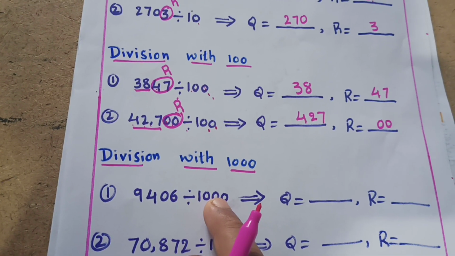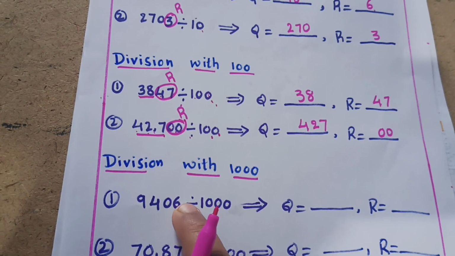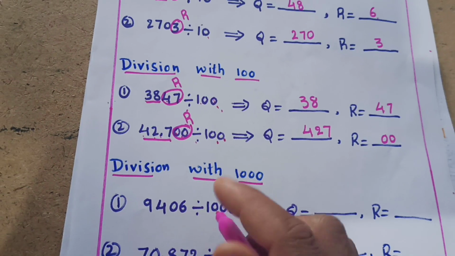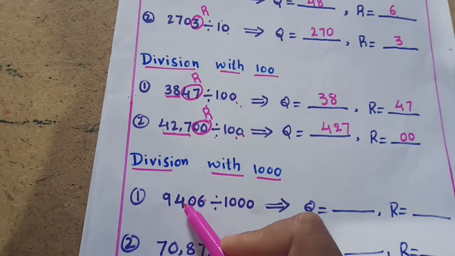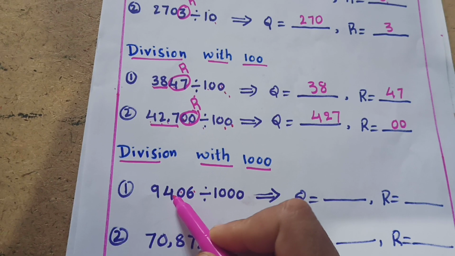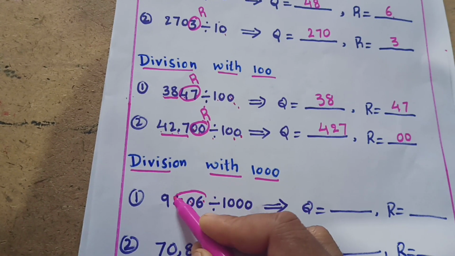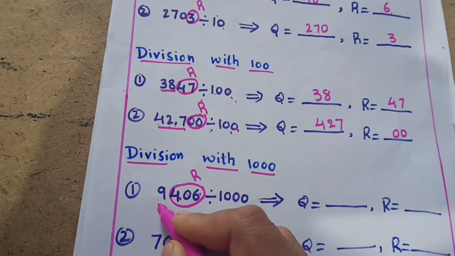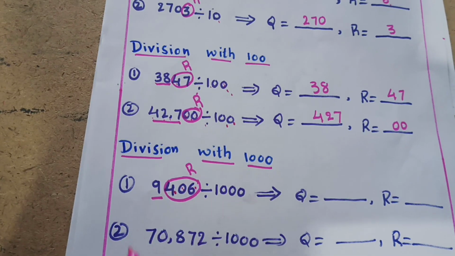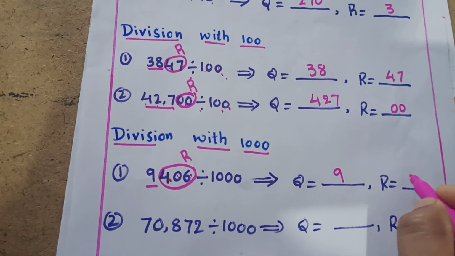So the remainder becomes, yes, the last 3 digits from the right side. That means the digits in the ones, tens and hundreds place become the remainder, and the remaining part of the dividend, only 9, becomes the quotient. The quotient is 9, the remainder